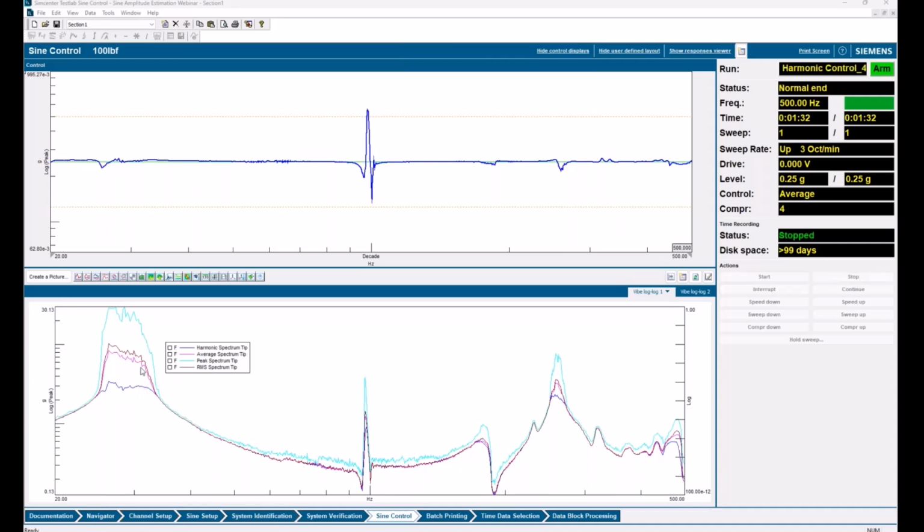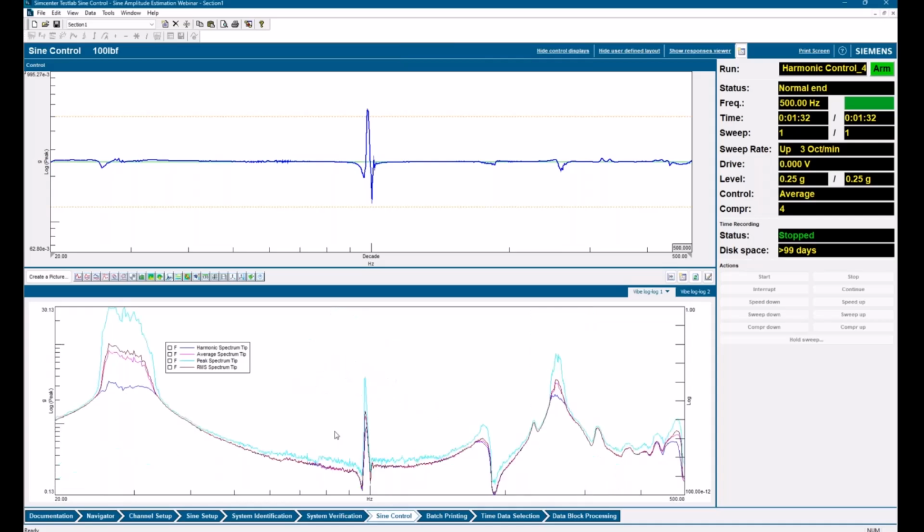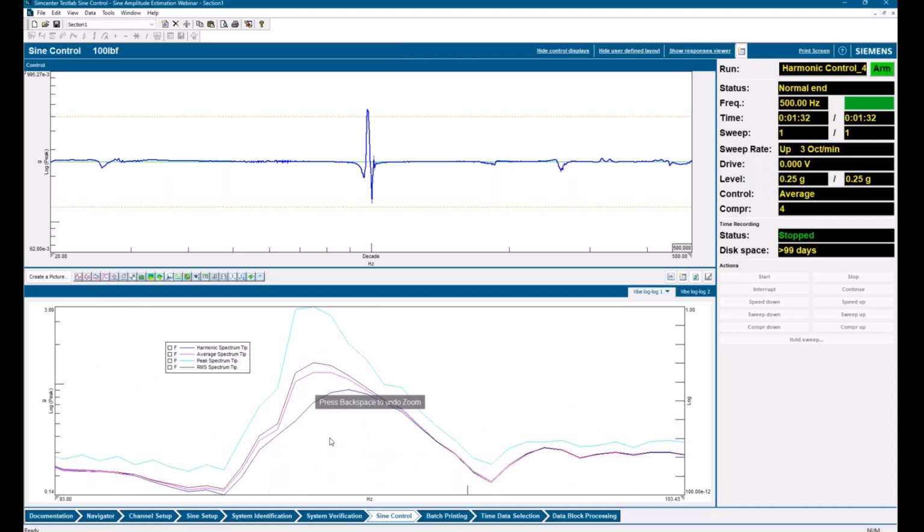Harmonic is always the least. Average and RMS swap sometimes. So you can see the RMS response is higher here than average. Got the same over here. Yep. Again, harmonic, then average, then RMS, then peak in increasing order of amplitude.